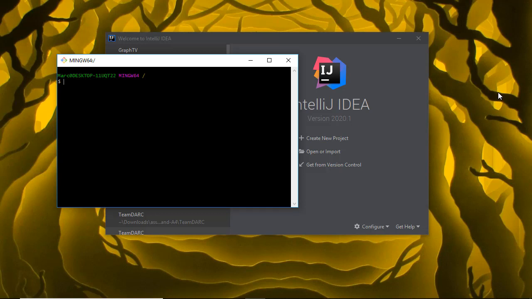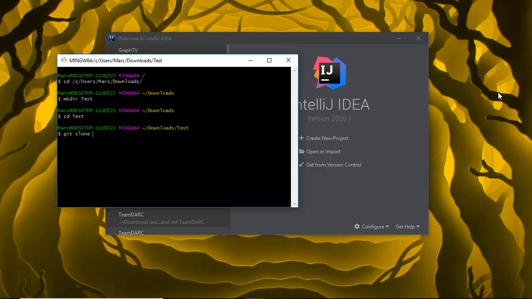In this video, I'm going to show you how to add unit testing to your Java project in IntelliJ. So the first thing I'm going to do is clone a copy of the demo UI repository I've been using for these videos. So let's go ahead and cd c users mark downloads and make dir test, cd test, and git clone https github.com cis234a demo UI.git,